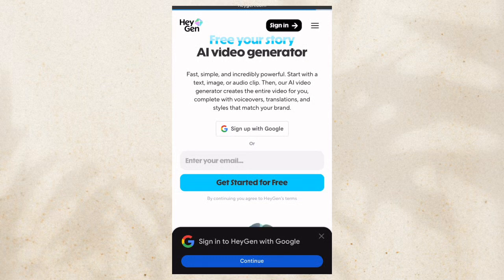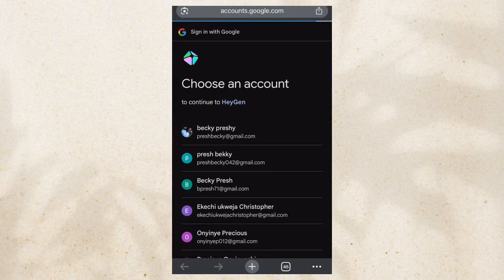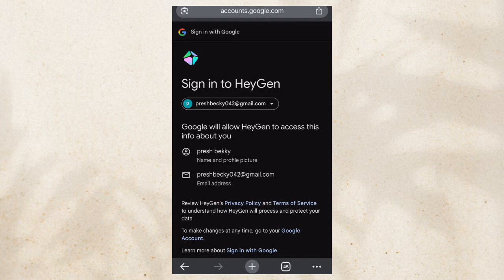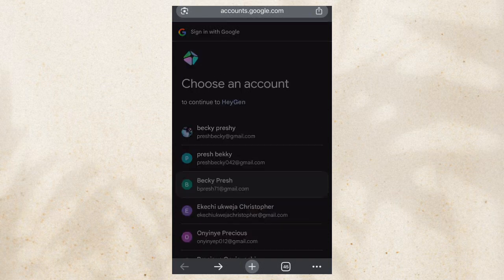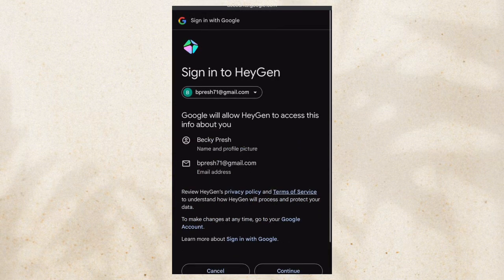What you have to do is sign in with your Google account. If you don't sign in, I think they will not give you space to generate anything. Then after signing in, you are good to go to generate anything you want.